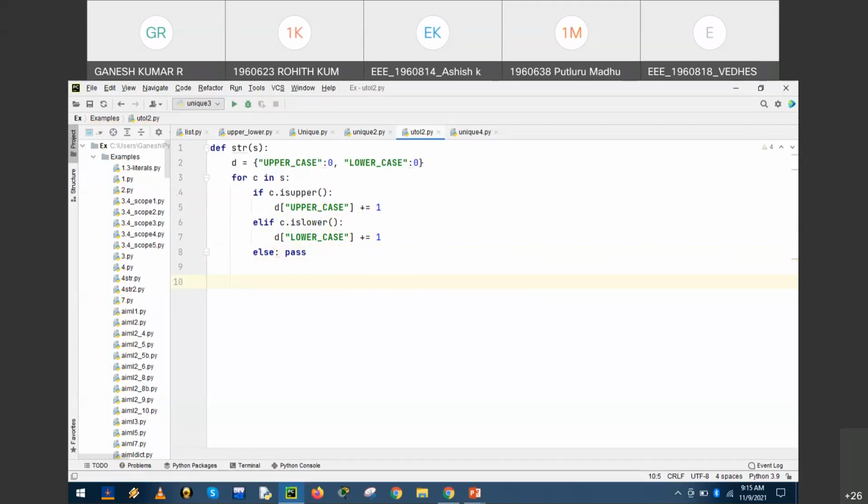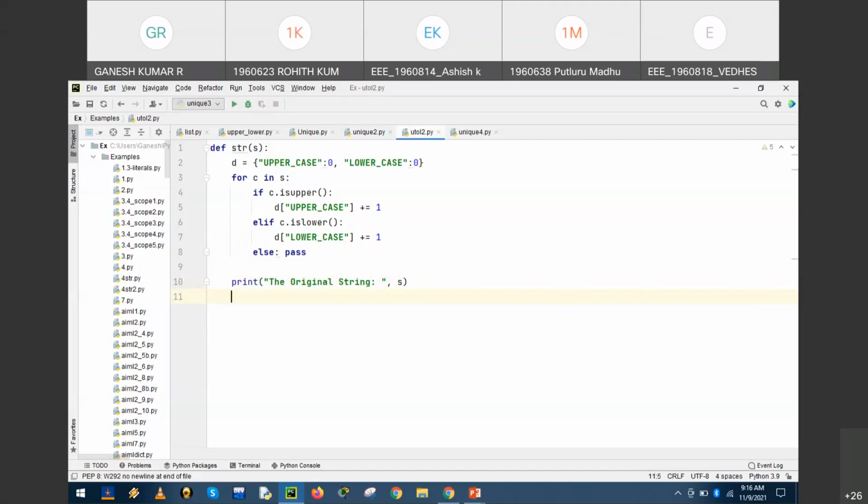Now we need to display the output, right? So print. First we have to ensure our program accepts the string, so let us display the input properly. The original string is the original. What is the original string? That is nothing but the parameter S, right?